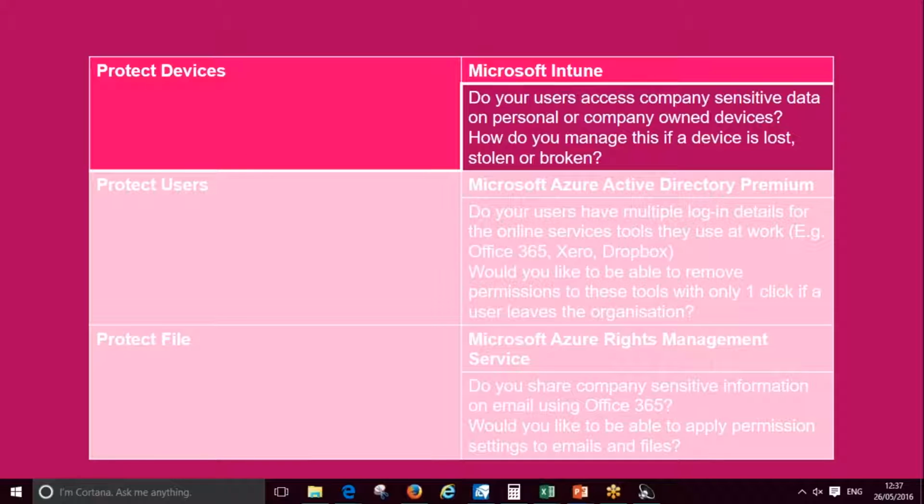Now your question was about bring your own device, personal devices. You can have a smaller part of Microsoft Intune, which is called mobile application management. And that just manages the application. Let's say the only reason that employee uses their mobile for work is their email. What we can do is just manage the email element related to business and control that. So we can wipe that